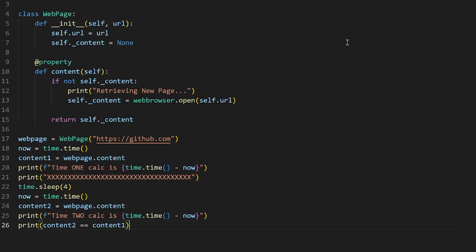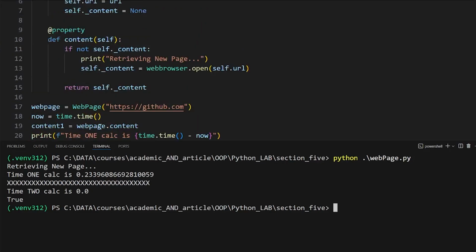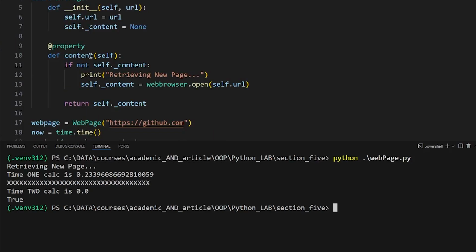In fact, let me run this one. Now, when it goes and retrieves the new page, I mean, this is the first time I instantiate, right? It goes and calls content and there was nothing inside self.content. That's why it went and retrieved a new page. So it prints this line and then it loads the page. That's why it opened, as we just saw. And then I'm showing you the time. So how long did it take me to open that page? It's almost